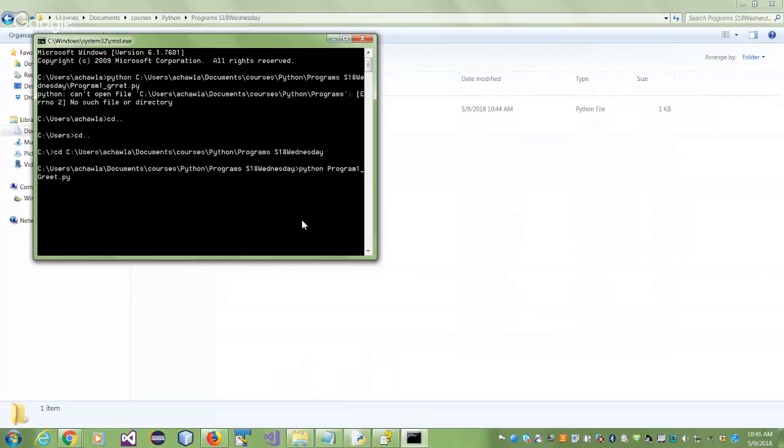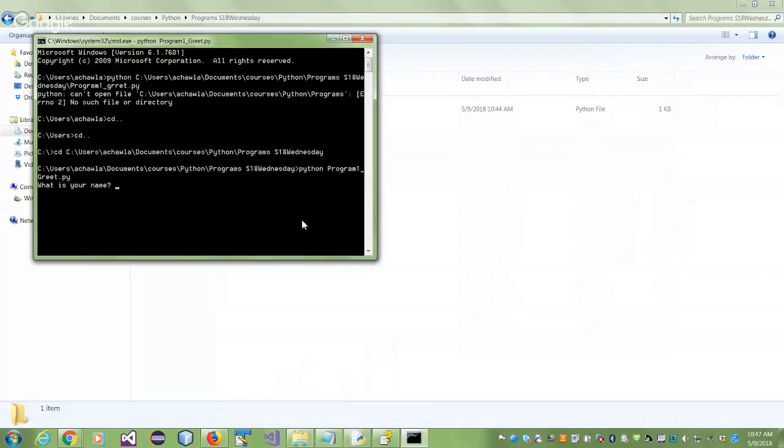It's working this way. I changed to that particular directory. So notice how I changed it. I said cd to change directory. I went to that particular directory where my programs are residing. Maybe that's how it will work. Once I'm in that directory, I gave my Python command again. I said Python and I gave the name of my program. So it's not working by giving the path name after Python, but it should work this way. Let's try it.